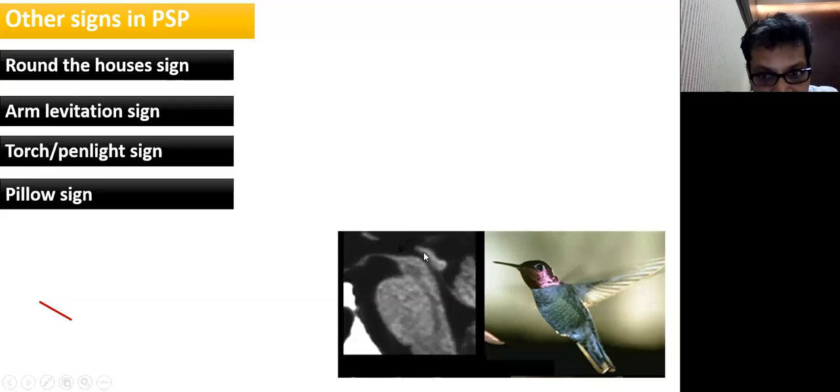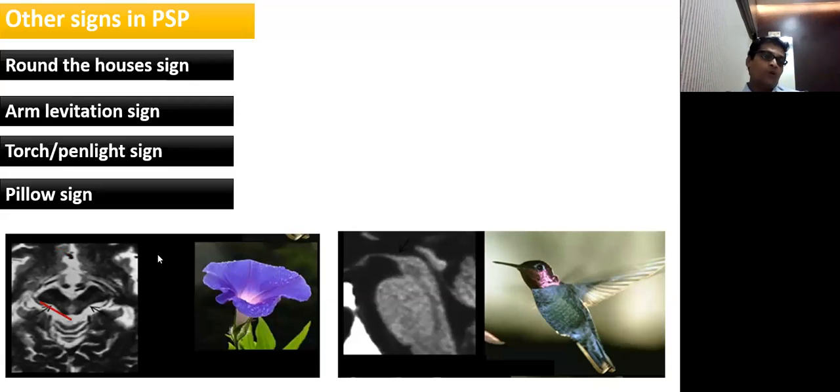So whenever there is vertical gait impairment, or whenever you are not able to see the hummingbird sign, please look at the superior colliculus. It will be atrophic as compared to the inferior colliculus. So the shoe-like appearance of the quadrigeminal plate can help in the diagnosis of PSP if there is no hummingbird sign or penguin sign. While the morning glory sign or Mickey Mouse ear sign is because of marked concavity of the midbrain